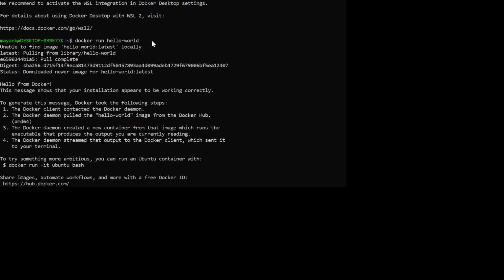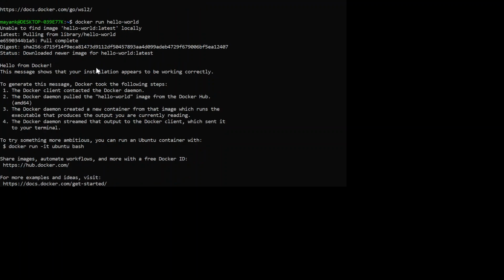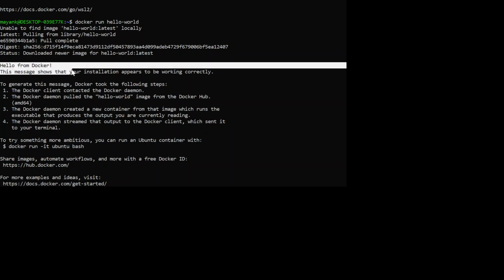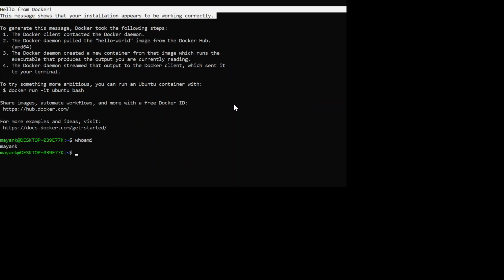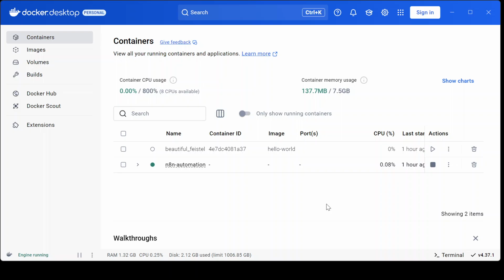Docker run hello world. It doesn't have an image of hello world, so we'll pull it and then it will display the message "Hello from Docker." This message shows that your installation appears to be perfectly correct, right? So what will happen now, if you go to our Docker Desktop application,